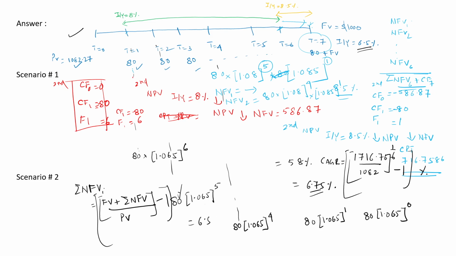it will yield you 6.5%. And for this, I really need not do any calculation whatsoever, because I know for sure that this is the very definition of what a yield to maturity is all about. Remember, the yield to maturity talks about the cash flows being reinvested at the same rate of interest at which they were discounted. So I already know what my market interest rate is, which is 6.5%, and I'm reinvesting back